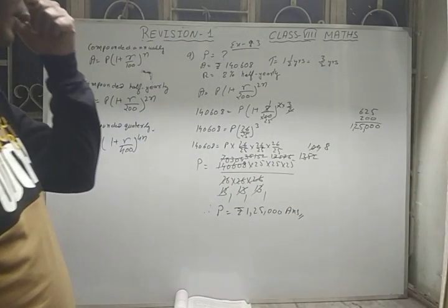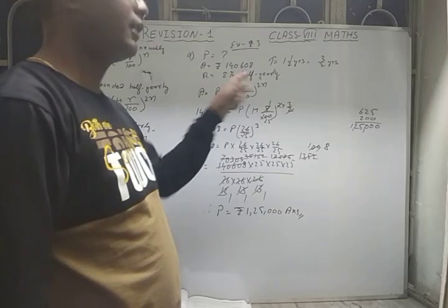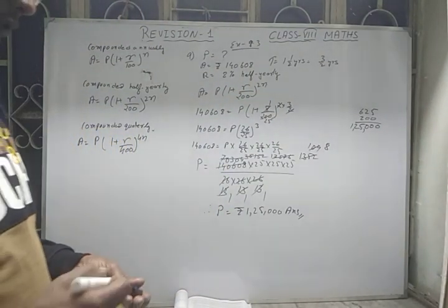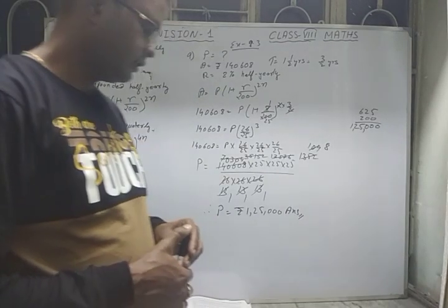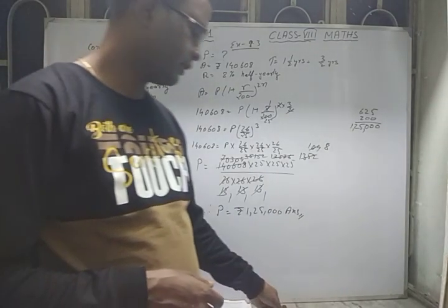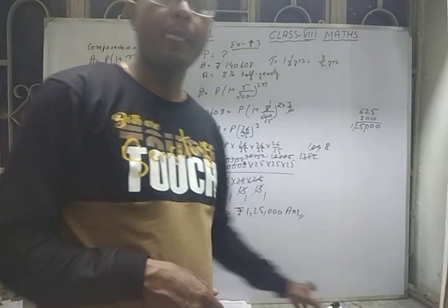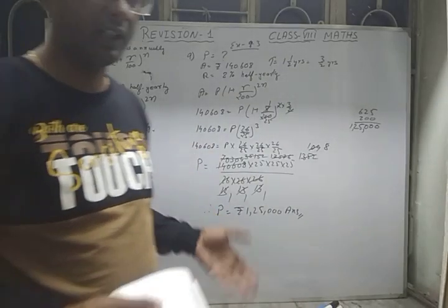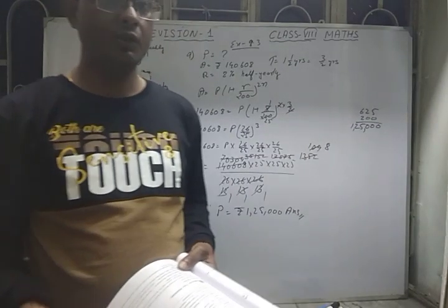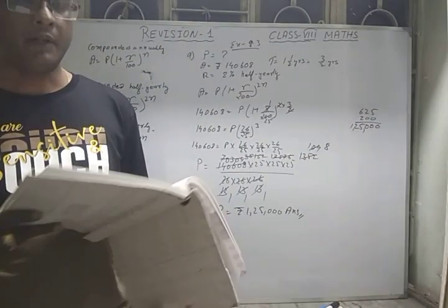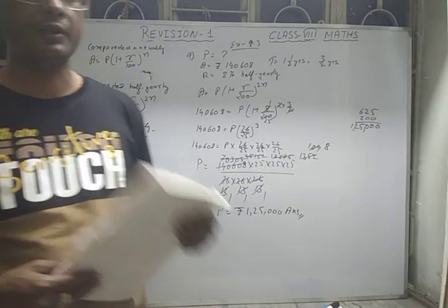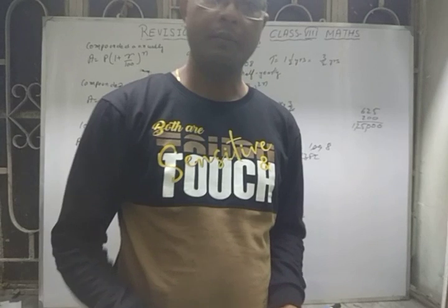So in this way you can find the principal by using this formula. In the same manner you can find the rate also, and the time also, by using this formula. I think you have understood what I have taught you, and these are a few important types of questions that you may get in your exam. I'm not saying that you are going to get this exact question, but you will get this type of question in your exam. So practice this type of questions from your textbook, and also from some reference book if you can.